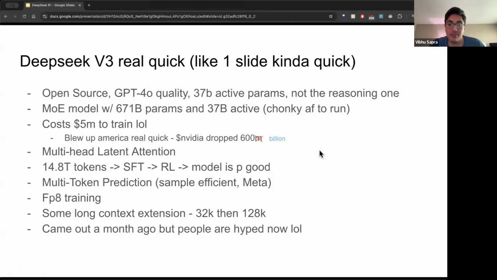It's only 37B active parameters, so a lot of the time people would probably want to use this. You don't need a reasoning model for everything, right? If you run a chatbot, you can probably just run this. Later in the conclusion, there's a slide that shows what future work they want to do on the reasoning model, and they show how V3 is actually better at some things. So not to undermine this, it's still very good, very smart, fast, cheap. It's a good model, but it's just an MOE.